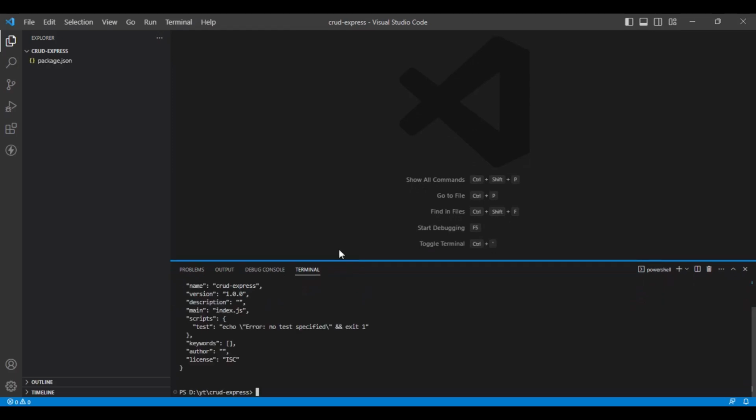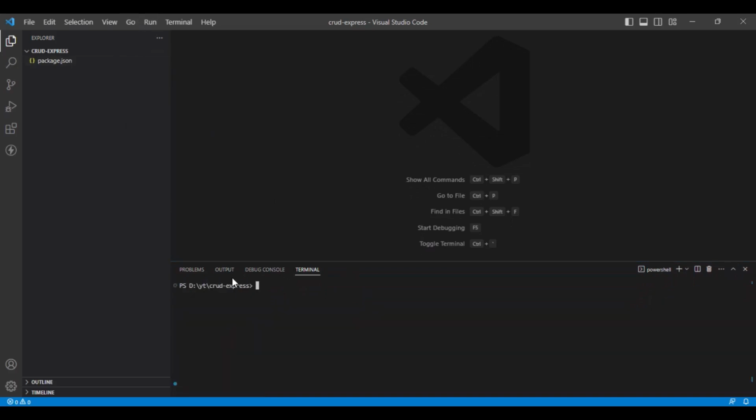Okay, so our package.json file has been created. After that, I will install a few packages. First one will be Express, then Mongoose for playing with MongoDB, then dotenv, and then we will also need nodemon and cors. So these are the 5 packages we will use, and after that I'll create a new index.js